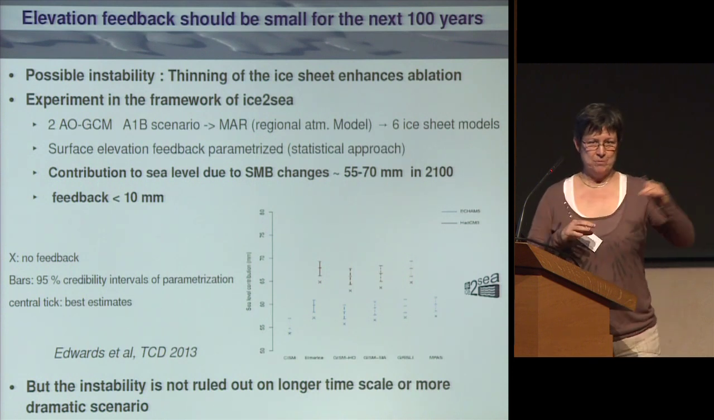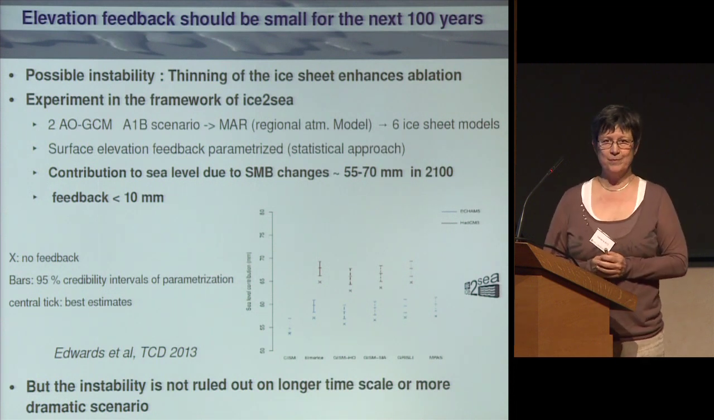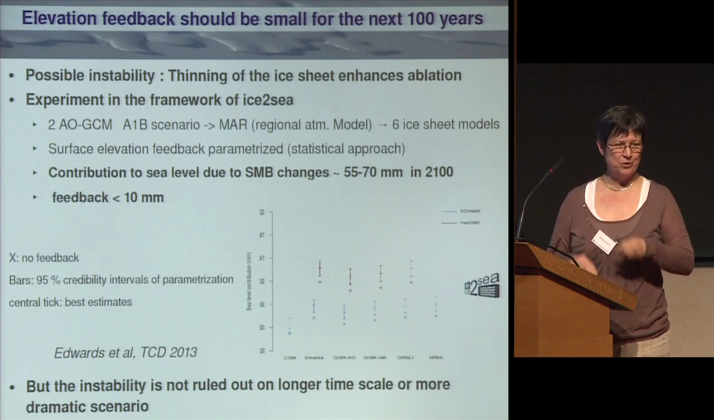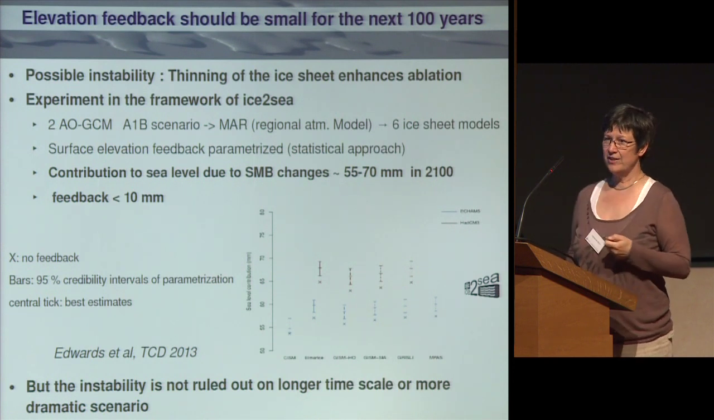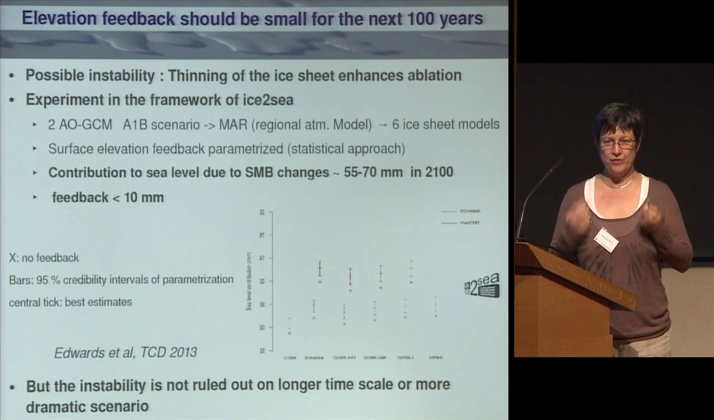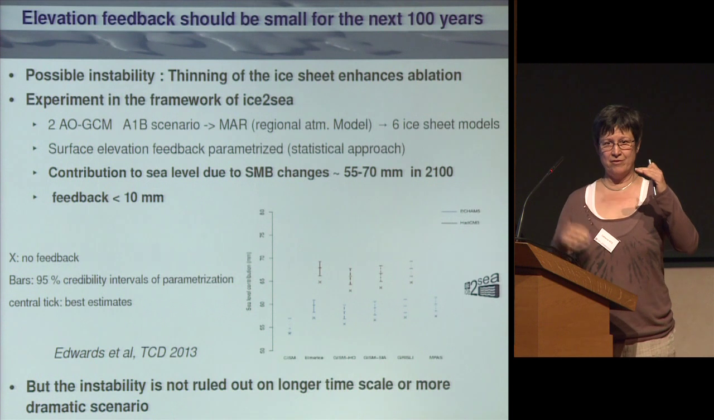This is for surface mass balance. So one could wonder, why do we have to have an ice sheet model? We could just accumulate what happens on the surface mass balance. So one thing is that if there is a feedback, if you have an increase in ablation, then you have